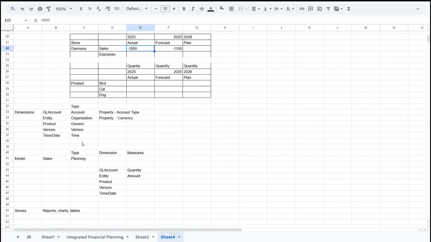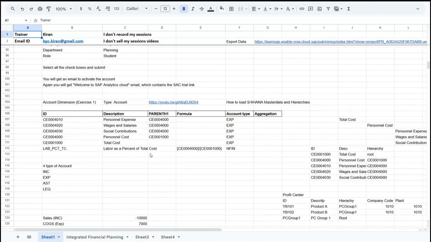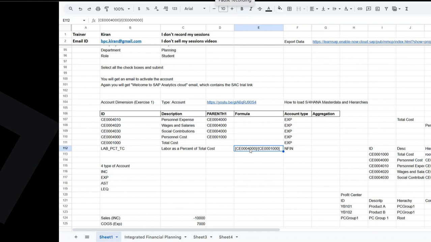As part of this solution, first we started with GL account. We created GL account. In the GL account, we have ID, description. We can also have hierarchy. We can use formula, on-the-fly calculations. In the stories, based on this formula, the system automatically shows the data. So on-the-fly calculations, and